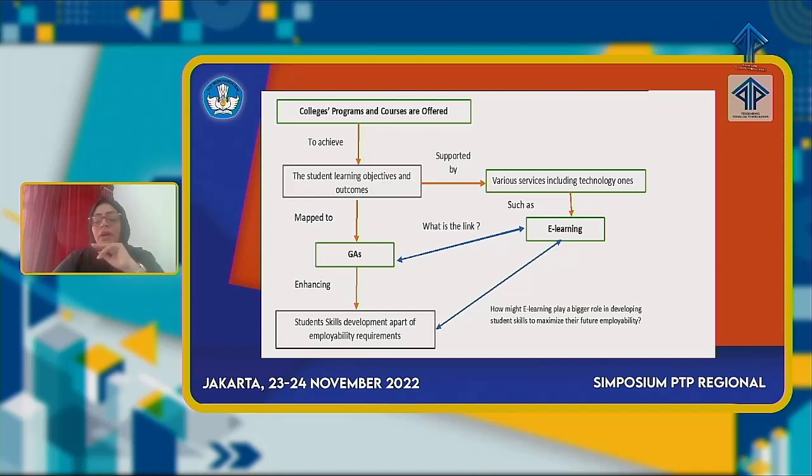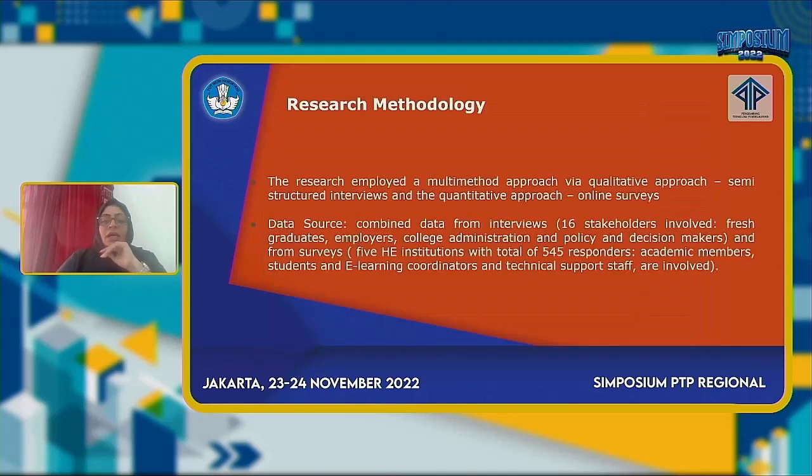So we want to know how e-learning might play a bigger role in developing student skills to maximize their future employability. This touches the skills part: how we implement e-learning and make it a tool in developing skills.